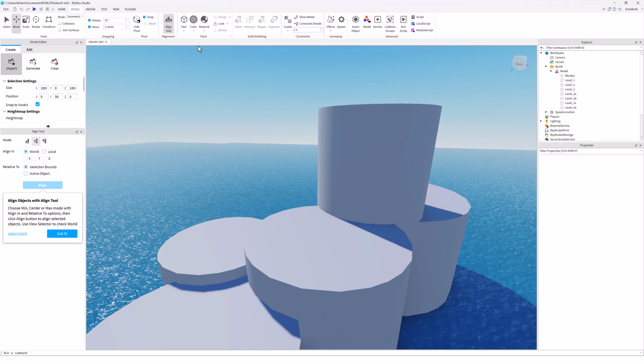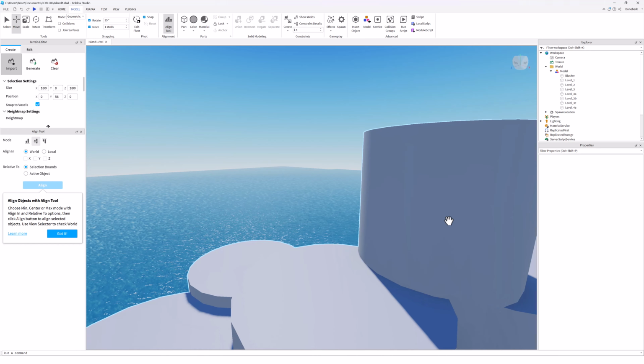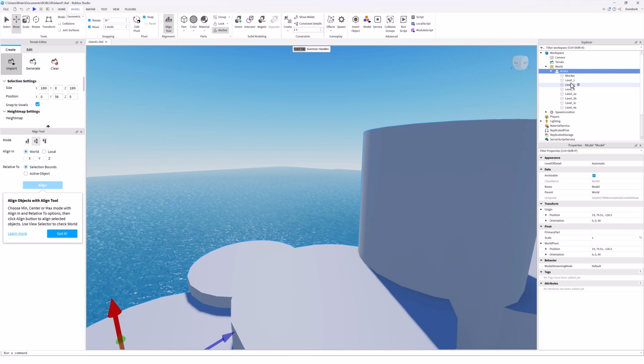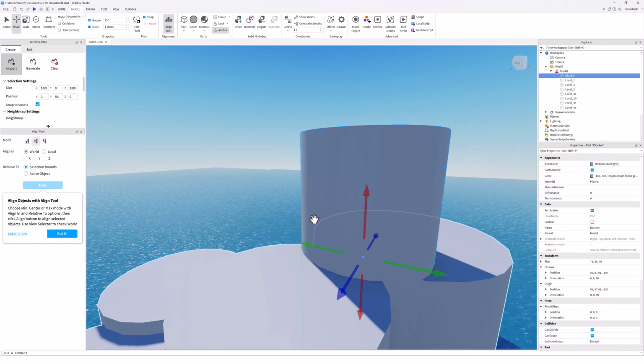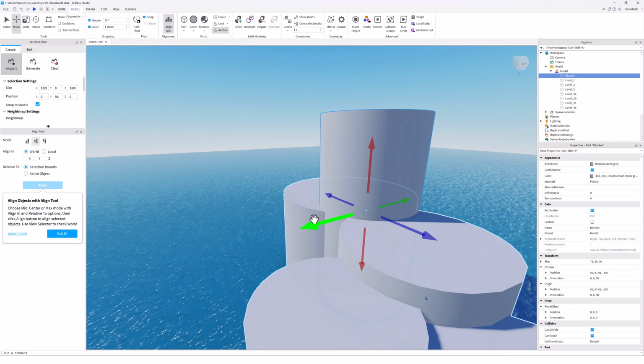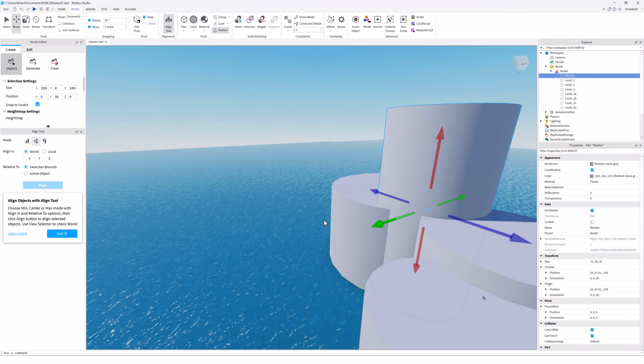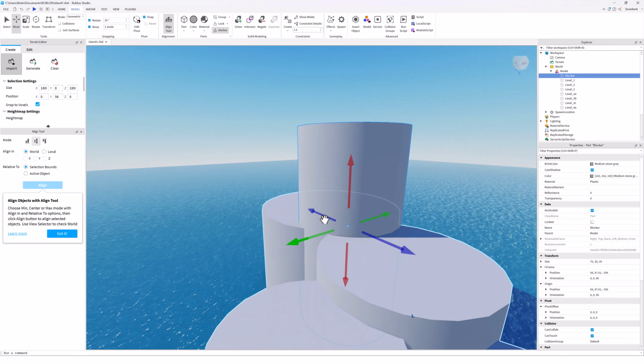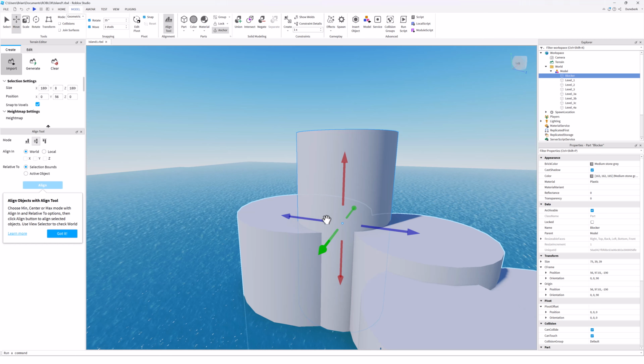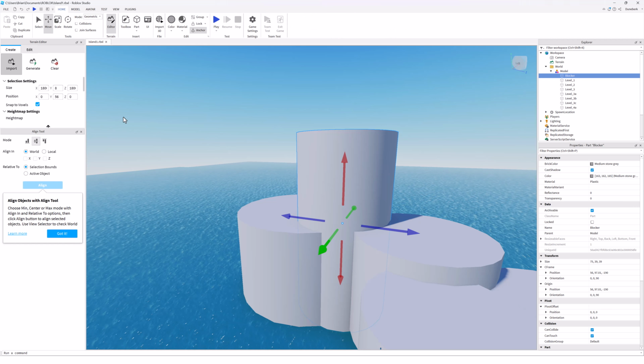We can also do some really cool things with creating a tunnel. Now I want to create a tunnel through this object, which I'm currently calling Blocker, because it blocks access to the rest of the map. So I need to create a tunnel through that. Now the tunnel should be larger than your base player size so that they don't have any problem going through it. So we're going to jump back here to home, and I'm going to create a part,